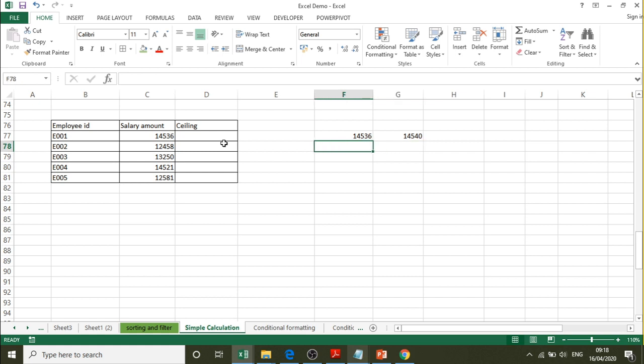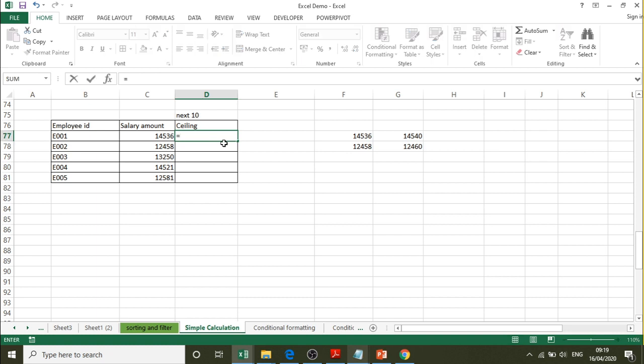For example, if it is 12,458, we want to get it as 12,460. So we want to round to the next higher number, that is the next 10. It may be next 10, next 50, next 100, whatever it is. We will take an example wherein we want to get the next multiple of 10.